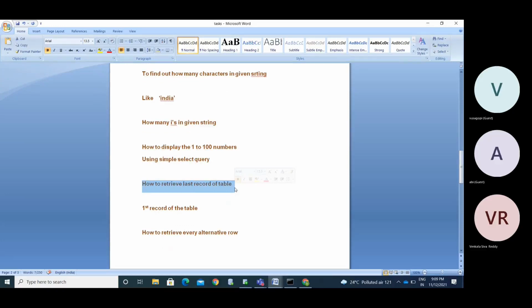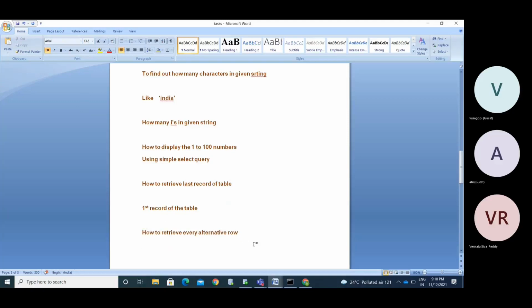Take the maximum row ID and minimum row ID. Minimum row ID is the first record, maximum row ID is the last record. To retrieve every alternative row, we have the ROWNUM concept. Use that. We have the MOD function. Use that and you will get the required results.